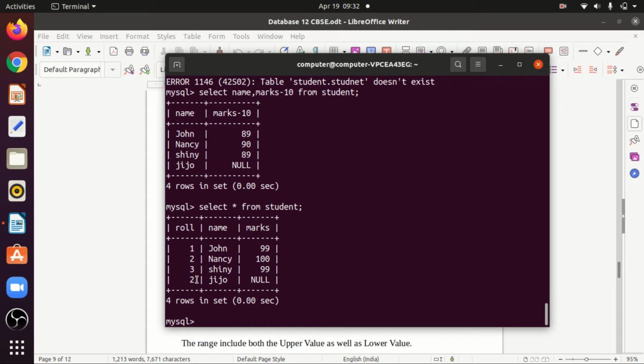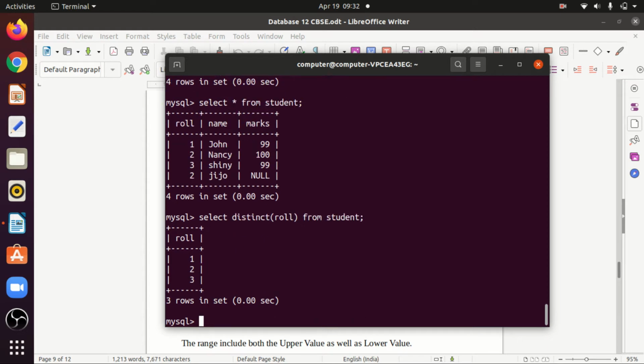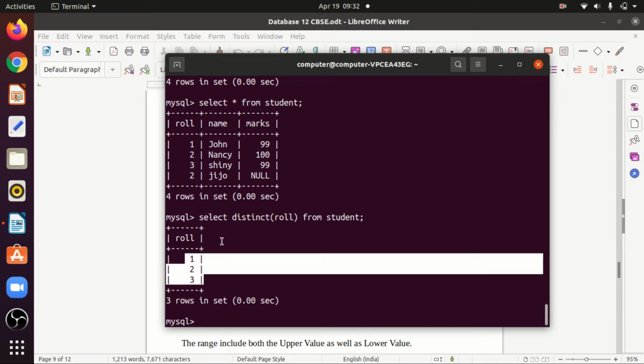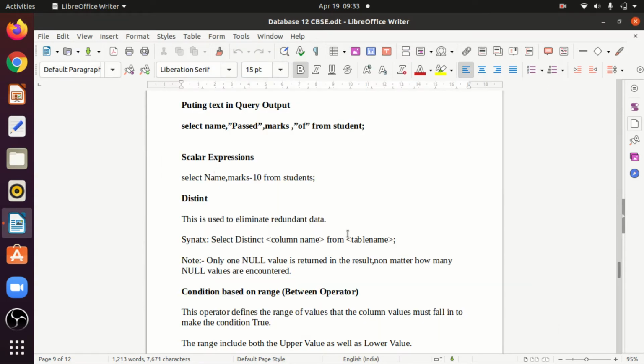So if I write select distinct roll, see, all distinct roll numbers will be printed. Okay, so roll numbers with the same value will not be printed again. So you can use select distinct roll number. This is the syntax for that.